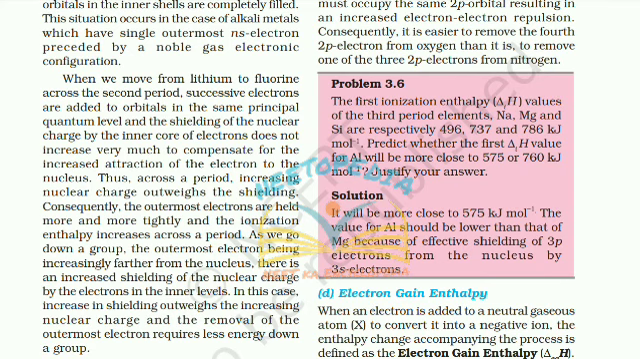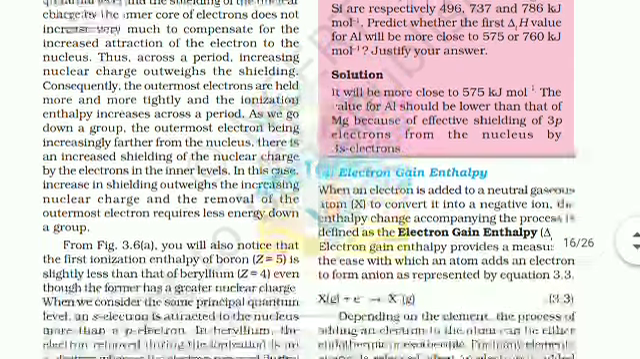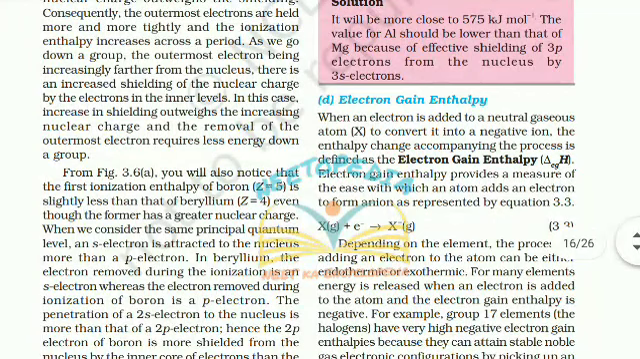Thus, across a period increasing nuclear charge outweighs the shielding. Consequently, the outermost electrons are held more and more tightly and the ionization enthalpy increases across a period. As we go down a group, the outermost electron being increasingly farther from the nucleus, there is an increased shielding of the nuclear charge by the electrons in the inner levels. In this case, increase in shielding outweighs the increasing nuclear charge and the removal of the outermost electron requires less